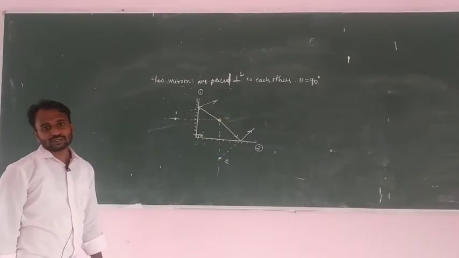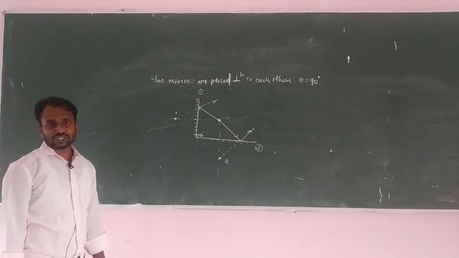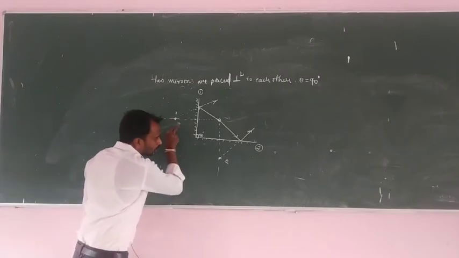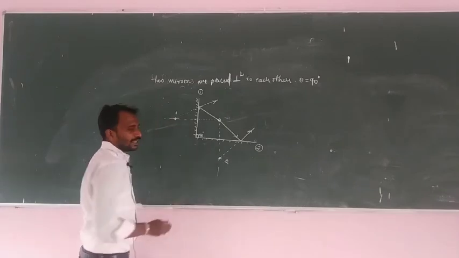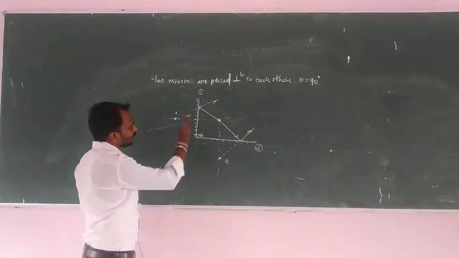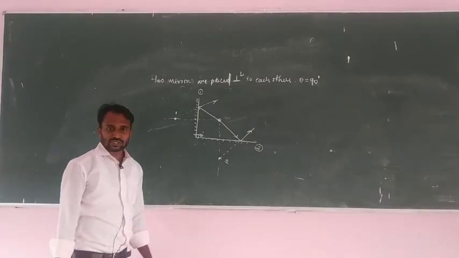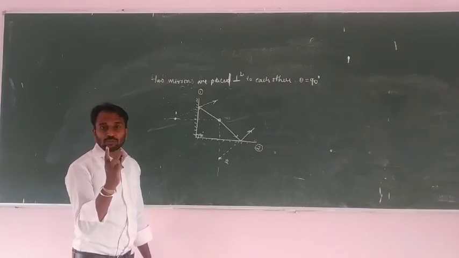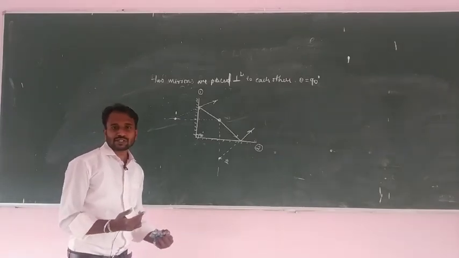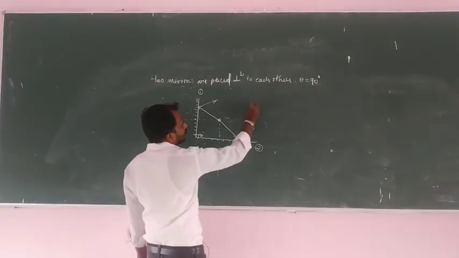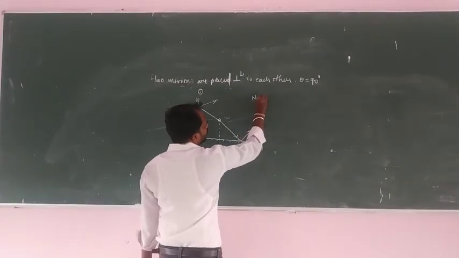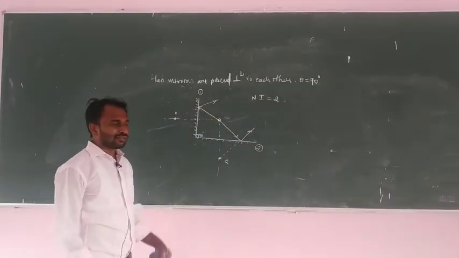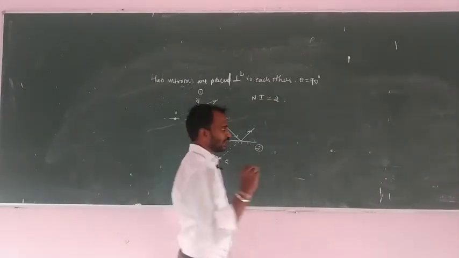When two mirrors are placed perpendicular to each other, here we get a total number of images of only 2. When two mirrors are placed perpendicular to each other, here we will get 2 images. It means the number of images is only 2. Okay, so number of images we consider 2. Another diagram is there. It means another condition.